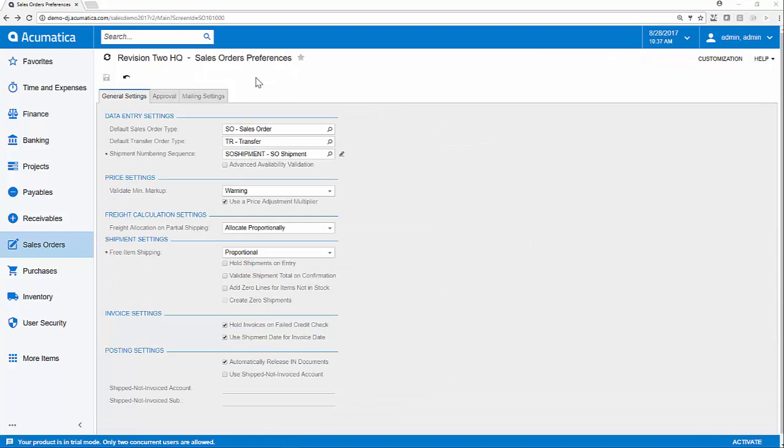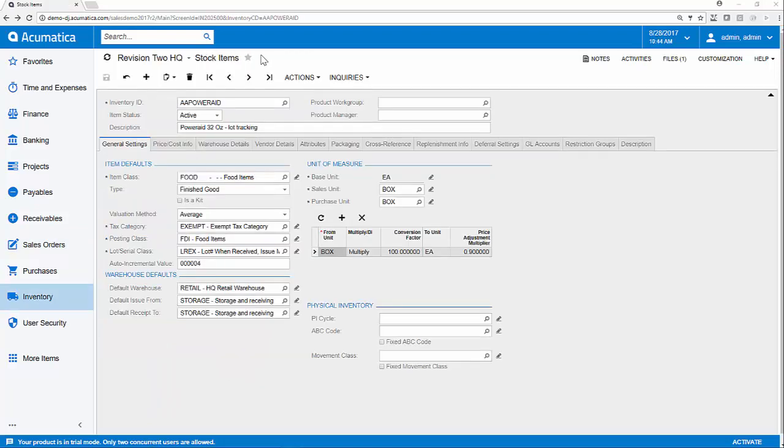Next, we will take a look at price adjustment multipliers. On the sales order preferences screen, we have added a checkbox to use a price adjustment multiplier. When we have checked the price adjustment multiplier box, on the stock item record, we add a field to add in the conversion factors and price adjustment multipliers for our various units of measure. In this exaggerated example, I've used a conversion factor of 100 each time I sell a box, with a price